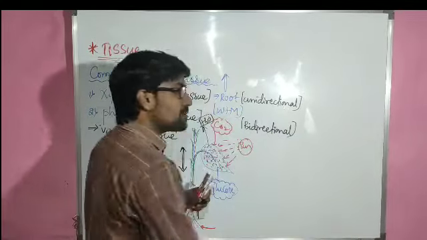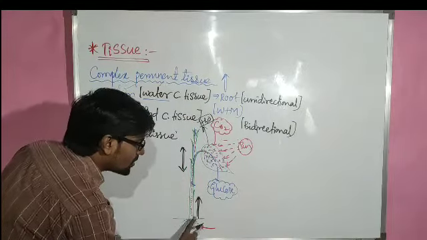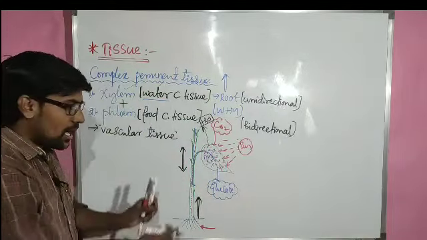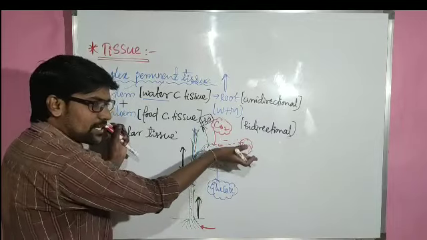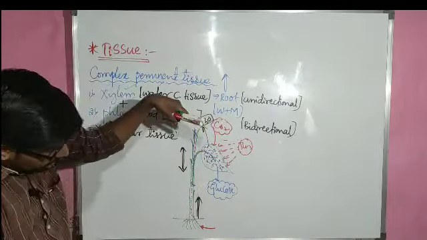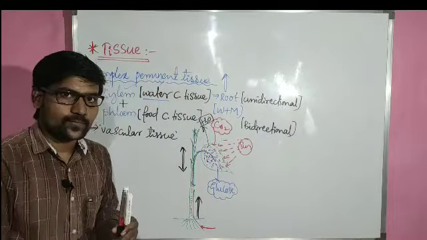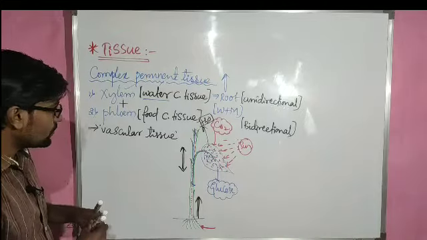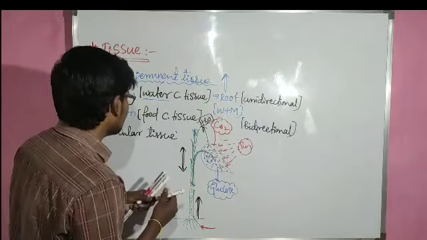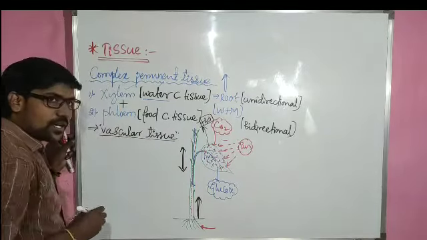Or we will refer to it as multi-directional. In all directions food is going, but water always goes in the upper direction only. And if side branches are there, the water will be given to those branches, but it will not come downside. So the phloem direction is bidirectional here, right? Now, both the tissues are considered to be the vascular tissues.